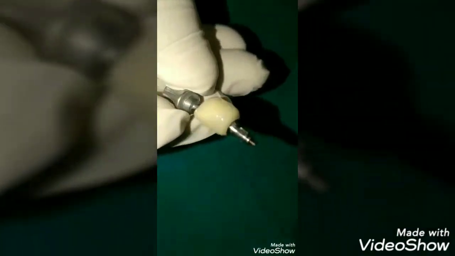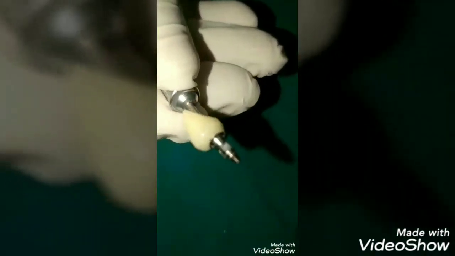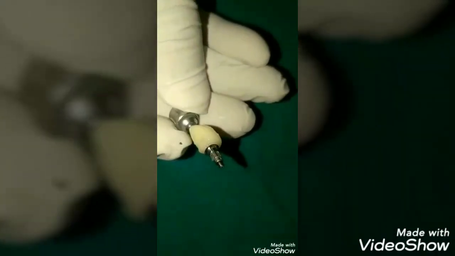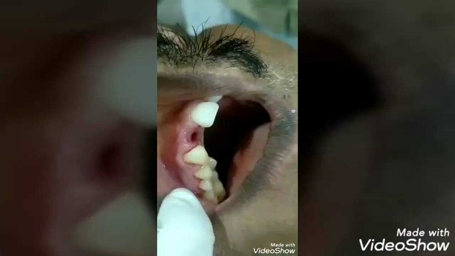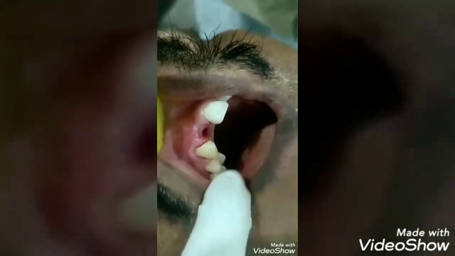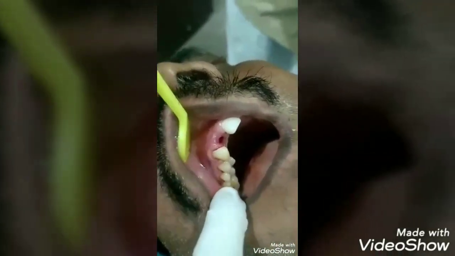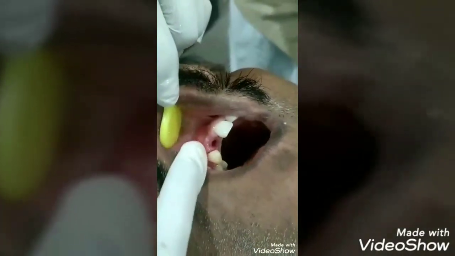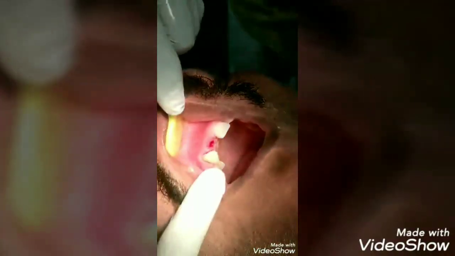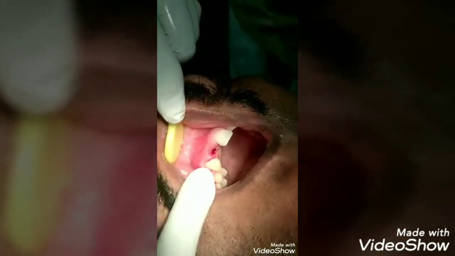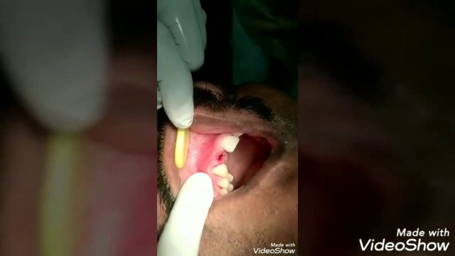So now I've added the composite. I'll be giving a contour now, which can fit inside properly. Okay, can you see this contour? Now I'll just shape it and polish this neatly. So this is how the wound has healed, and what I want is the contour of the gums to be much more perfect. So as a result, now I'm going to contour this crown and fix it in there and shape the gum according to what I want.